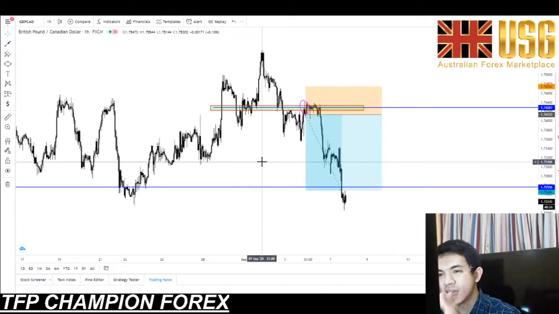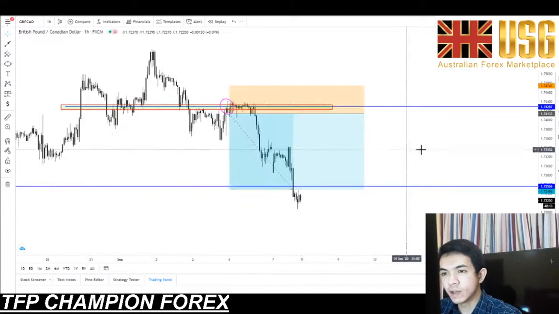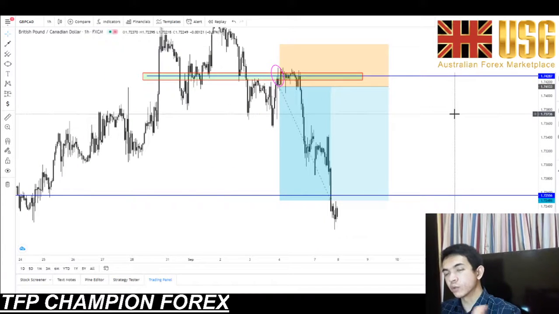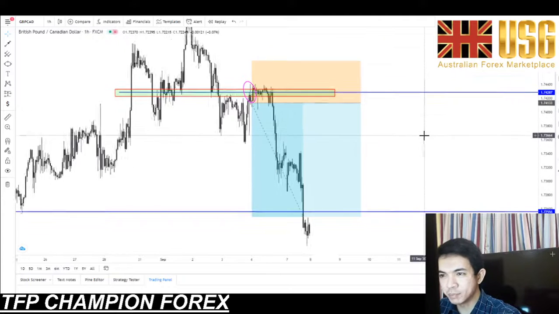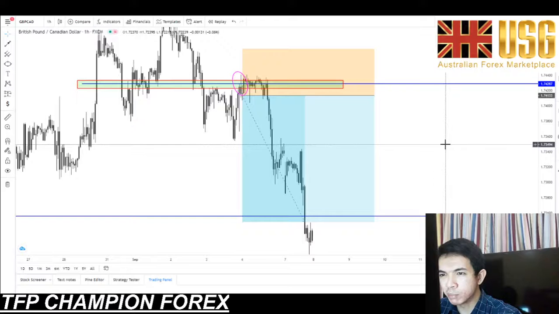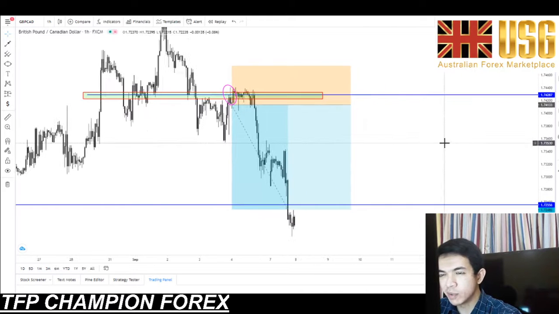I'm always trusting my analysis and I always have confidence in my trades. So I caught this trade at a one to three risk to reward ratio. Not bad, I'm happy with it. Profit is still a profit. Regardless of the risk to reward ratio, I always target at least 1:3 minimum